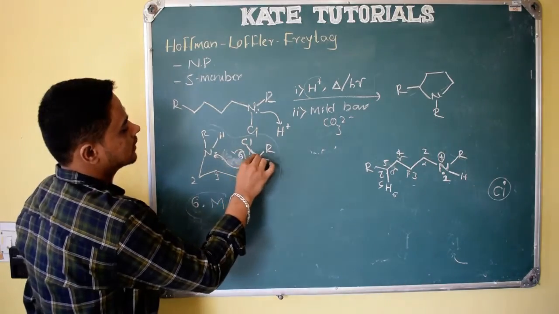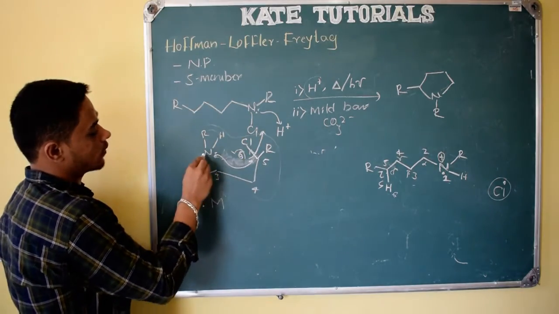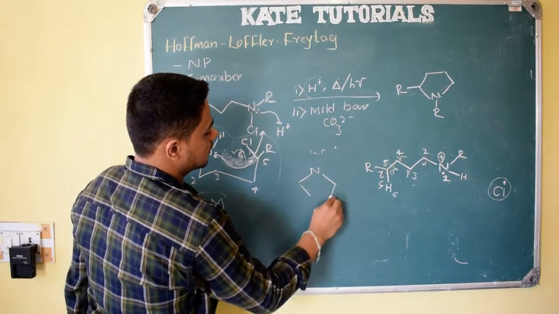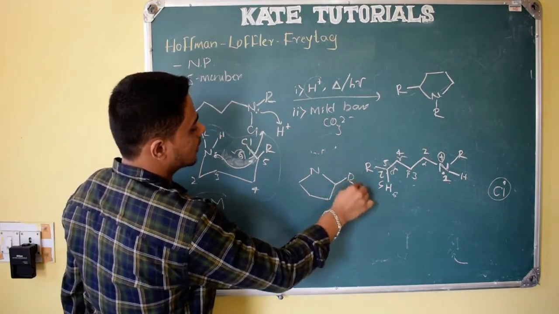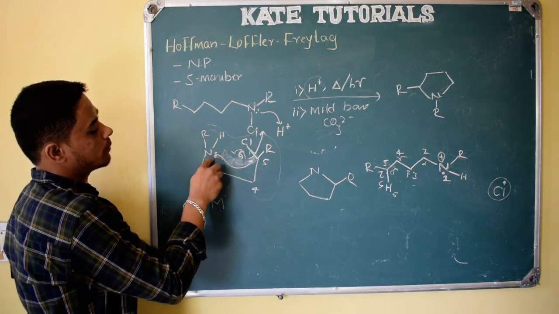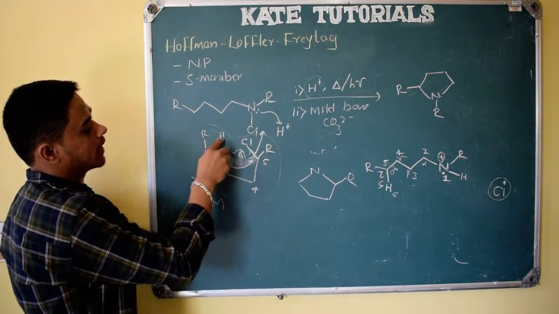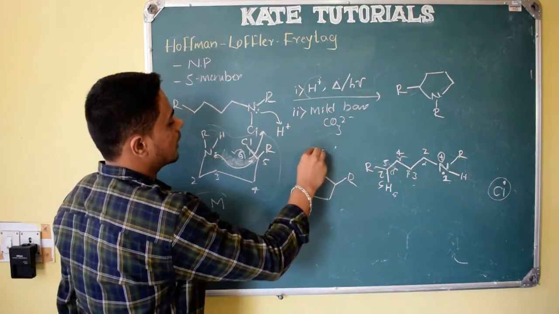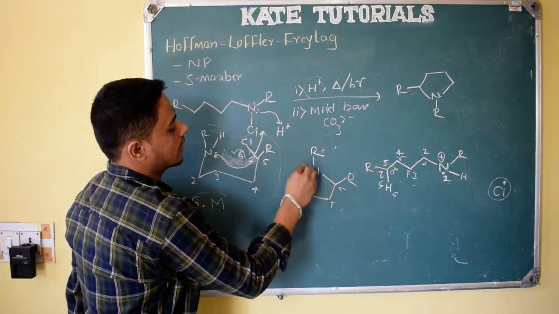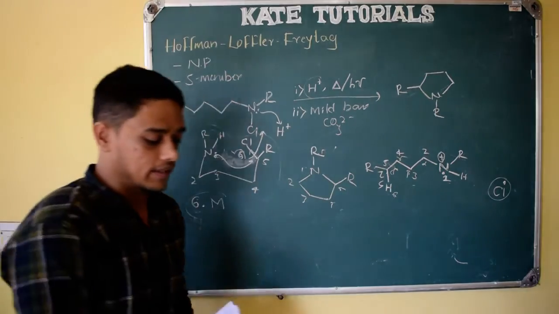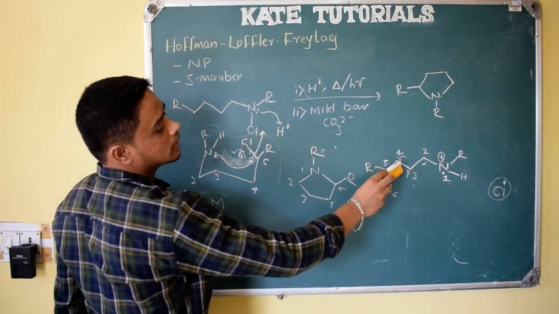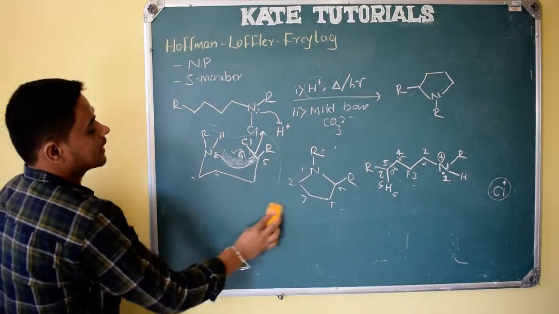As soon as SN2 reaction undergoes, see here it forms a 5-membered ring, 1 2 3 4 5. So here nitrogen and 5th carbon R is there, chlorine left as the leaving group, and as soon as it gives its lone pair, it gets positive charge. To remove that positive charge, it will take the electron density from hydrogen, so H plus will be removed, so R is left as it is, and this is 1 2 3 4 5. So we will get a 5-membered ring. So that is the driving force to take this 6th hydrogen, that is the hydrogen present on the 5th carbon. So that is called delta hydrogen.